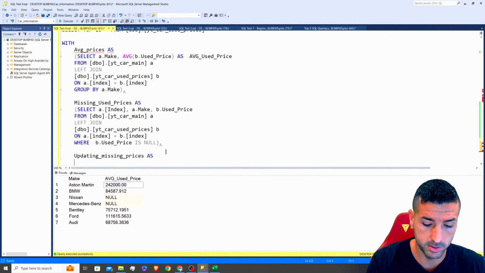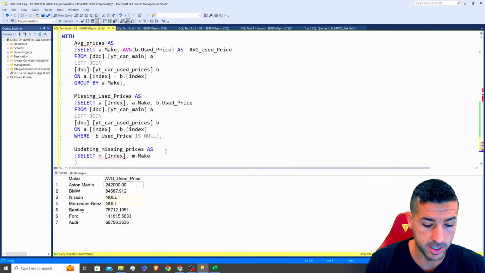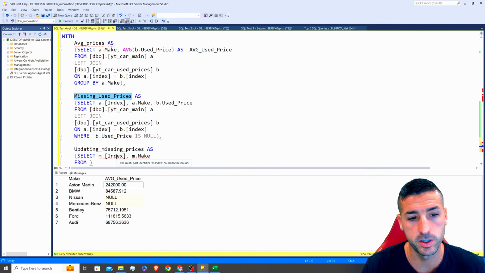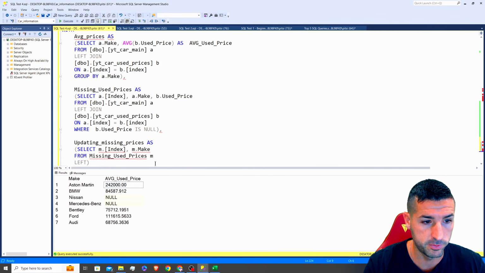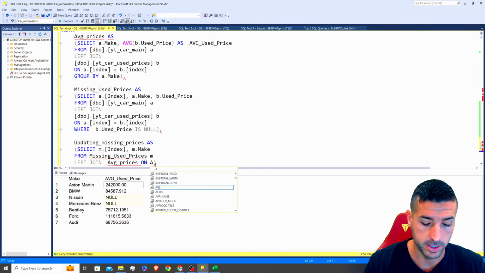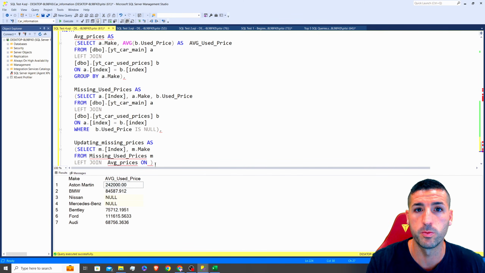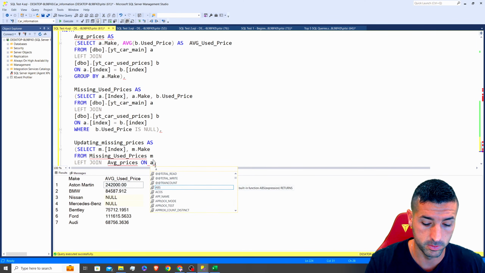And then I'm going to say as, and in here I'm going to select m from missing.index, comma m.make, and this is going to come from our missing used prices, because these index and make are the ones we need to update. So I'm going to name this as m, and I'm also going to run a left join on the average prices common table expression, and I'm going to say on a.make, because make is the column we are going to use to join them, on a.make